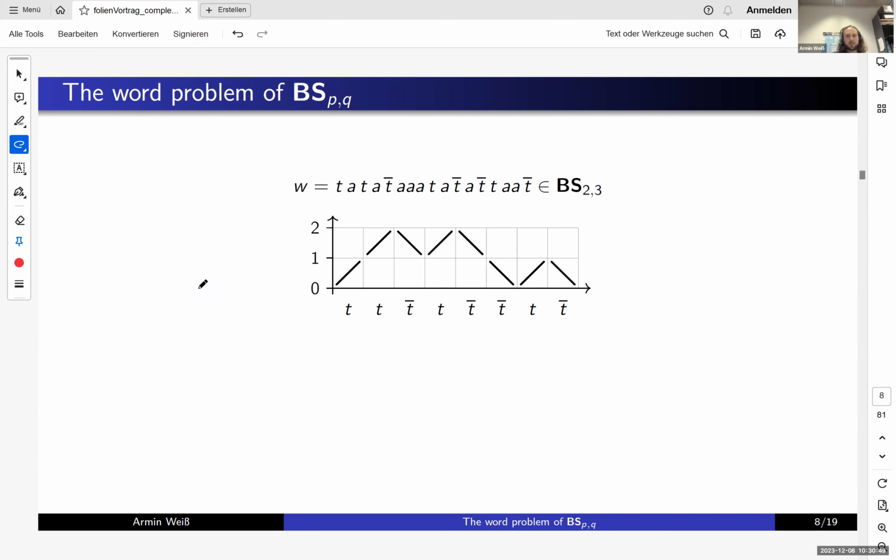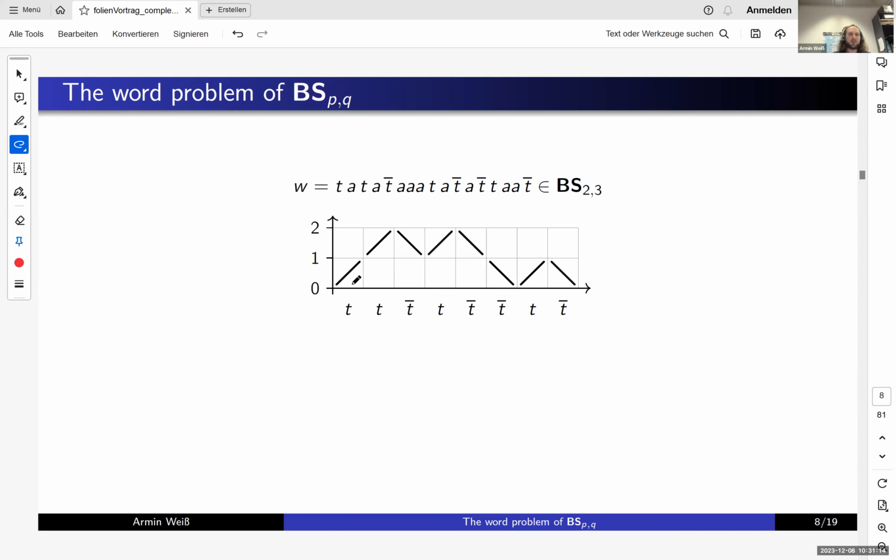And well, what we observe is, first of all, in this topography, if the word is 1 in the Baumslag-Solitar group, of course, we might end at the 0 level. Otherwise, we already know that in this infinite cyclic quotient, it's not 1, and so it's certainly not 1 in the Baumslag-Solitar group.